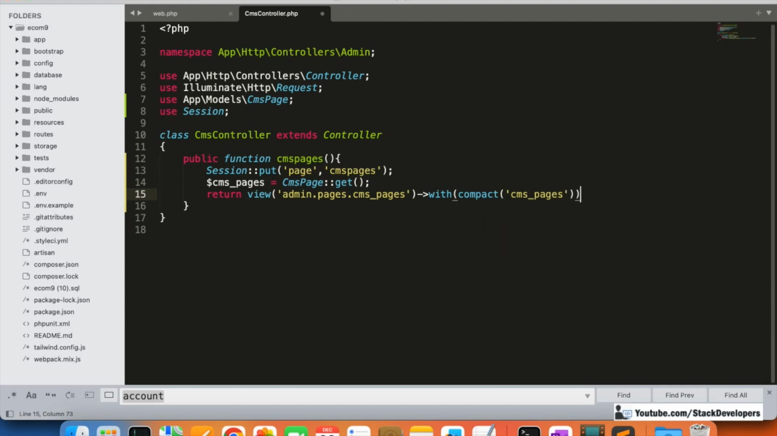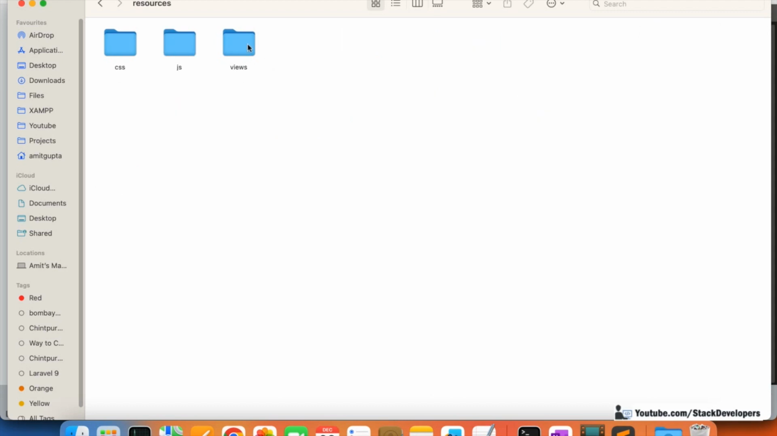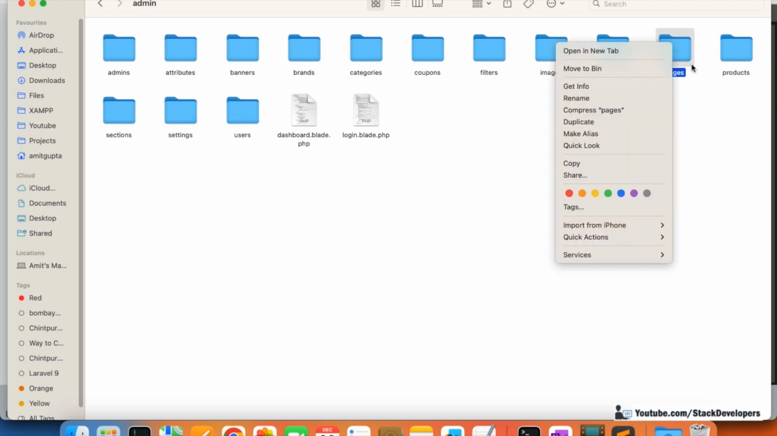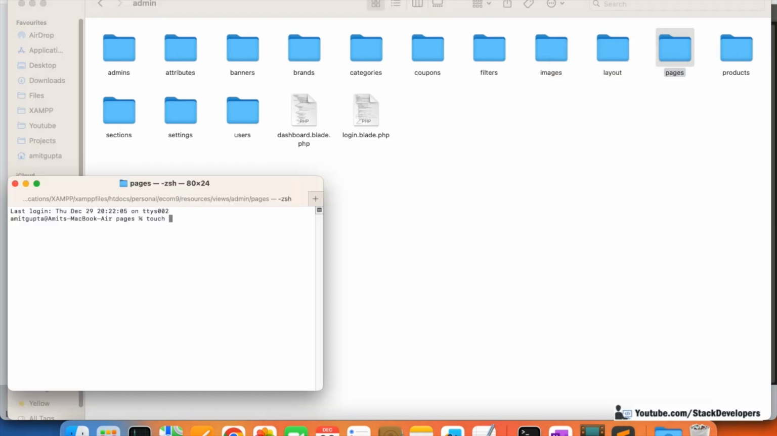Okay, we have not converted this time to array because we are not required to do that. We are in a hurry. So I'm going to create inside resources, views, admin, and here we are going to create one new folder, pages. Under pages, on Mac, we need to create the file like this: new terminal folder, and here touch, what is the file name, like cms_pages